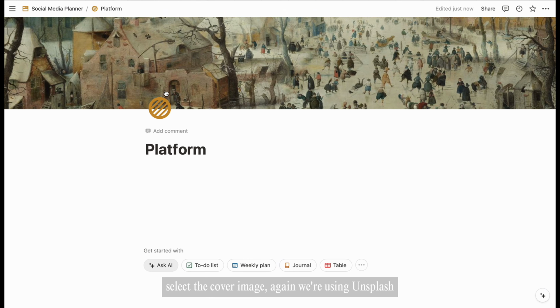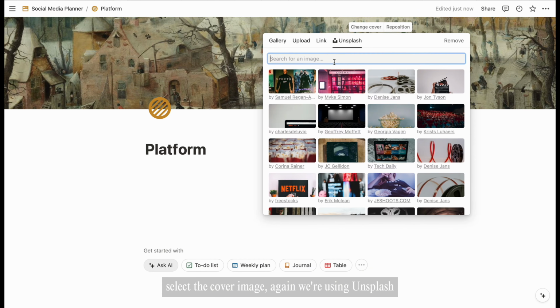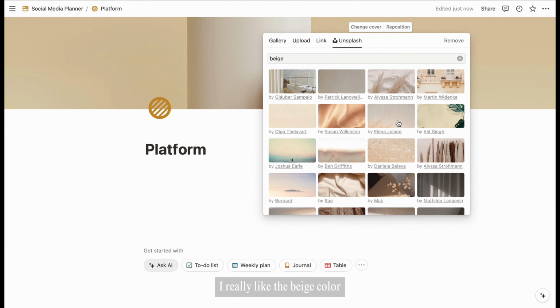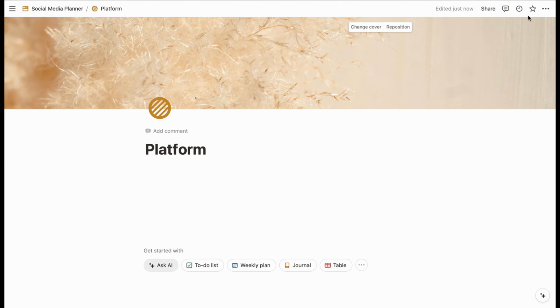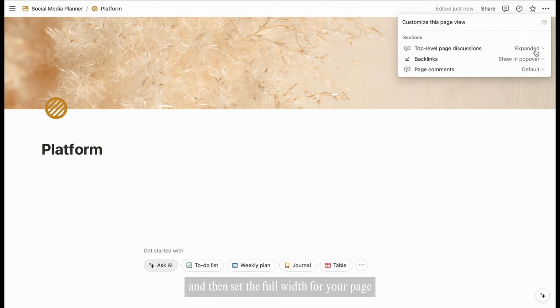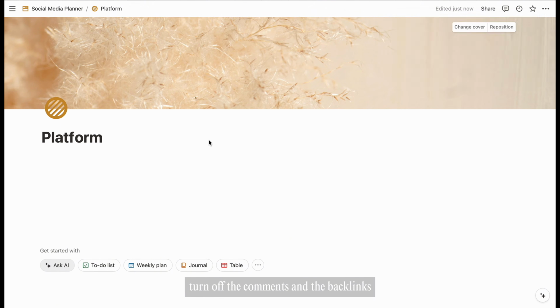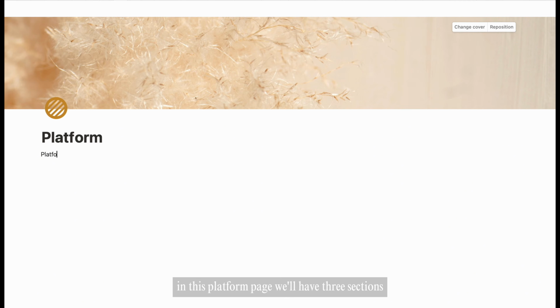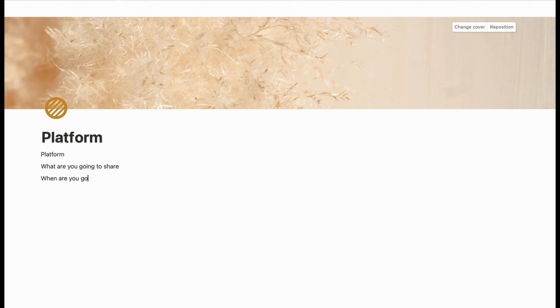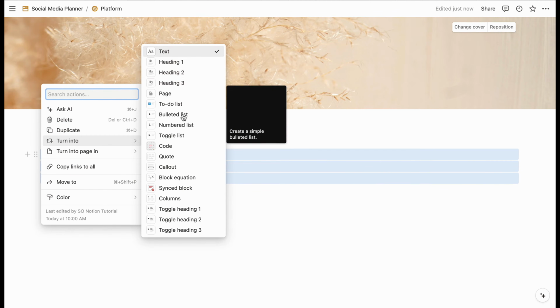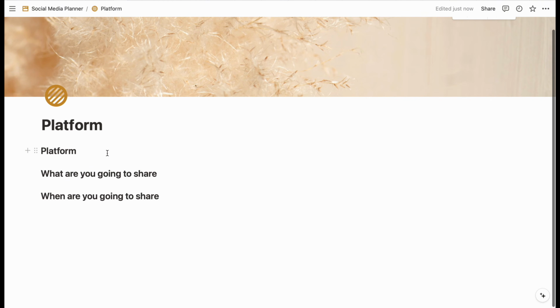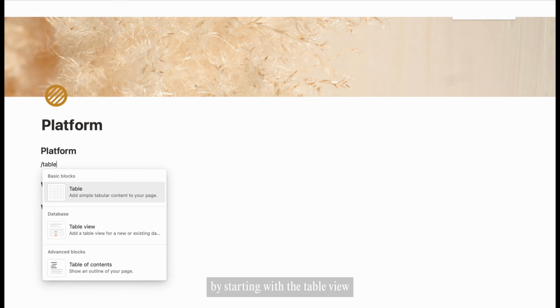Select the cover image. Again, we're using Unsplash. I really like the page color, but you can use any theme or vibe as you like. And then set the full width for your page, turn off the comments and the backlinks. In this platform page, we'll have 3 sections: the platform database, content pillars, and the posting schedules. Then turn them into a heading 2